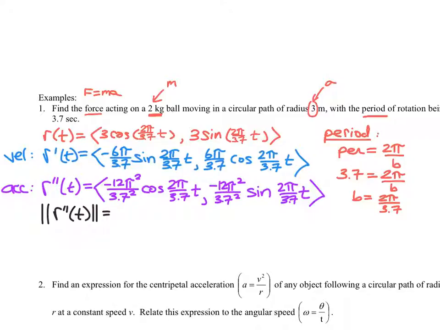We're just squaring a lot of stuff. It's going to look uglier before it looks better, but we're squaring everything. So 12 becomes 144, pi squared becomes pi to the fourth, 3.7 squared becomes 3.7 to the fourth, cosine becomes cosine squared of 2 pi over 3.7t,